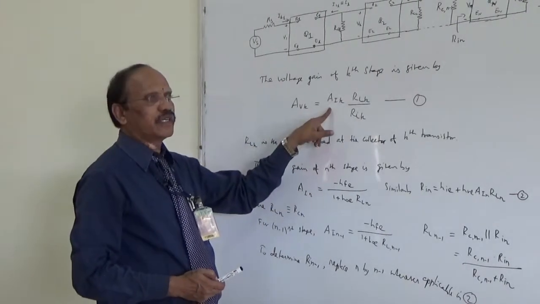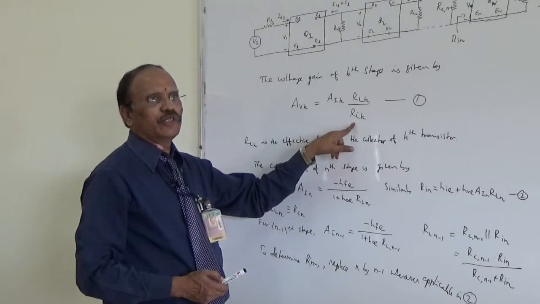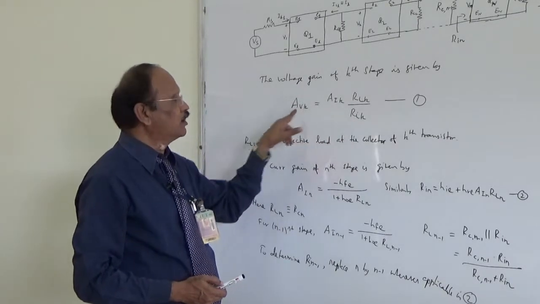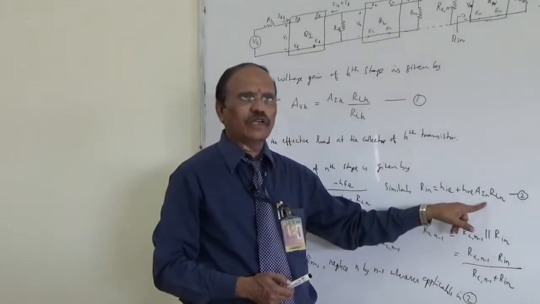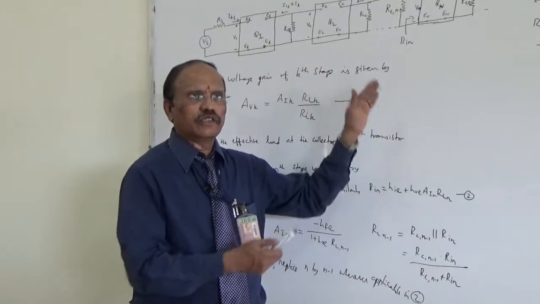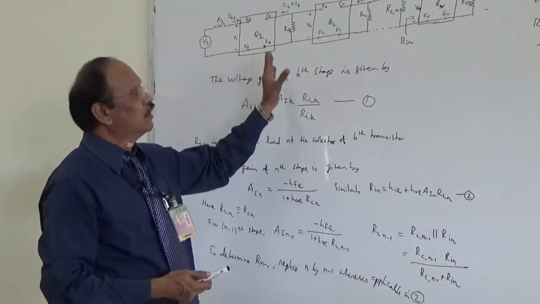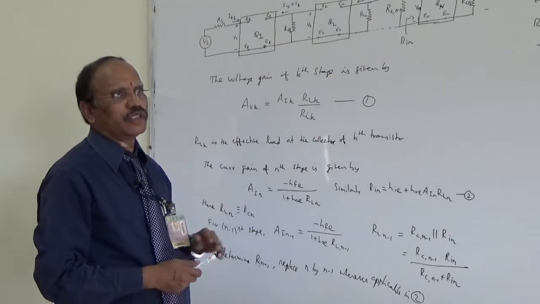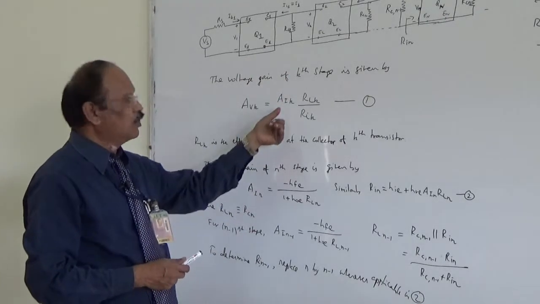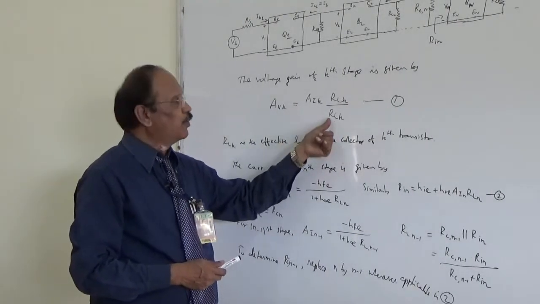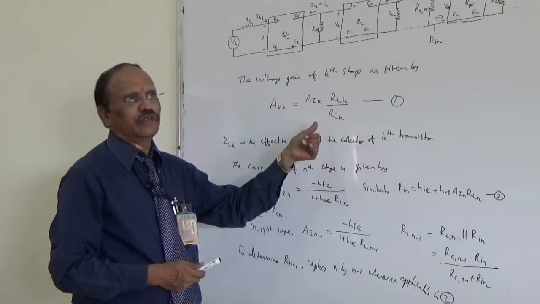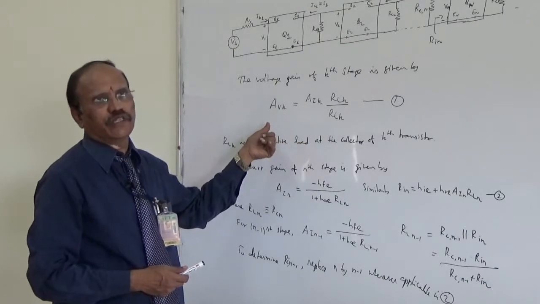Here one point you have to note down is, suppose you want to determine the voltage gain, first you have to determine the current gain, then you have to determine the input impedance. Only then, substituting these, you will get the voltage gain, because in order to determine the input impedance you should know the value of the current gain. So it is a sequential order. In any case you are asked to determine the voltage gain of a particular amplifier, first determine the current gain, then the input impedance. By using both values you can determine the voltage gain.